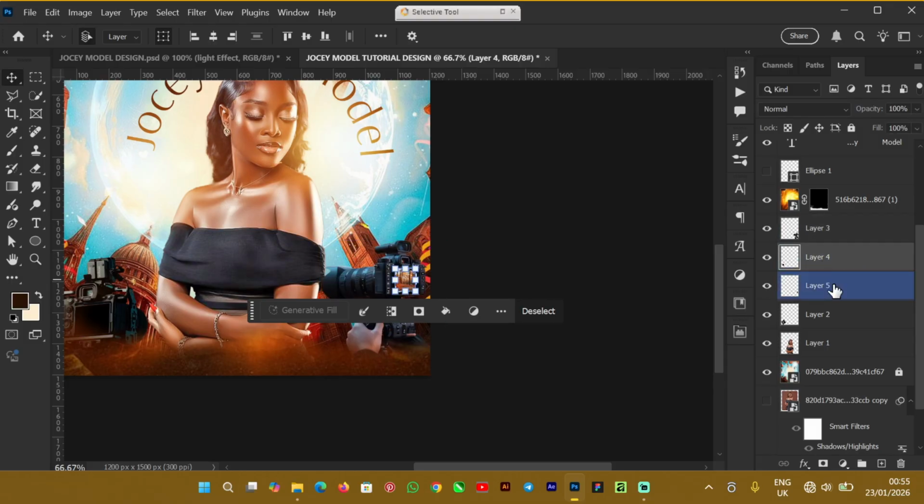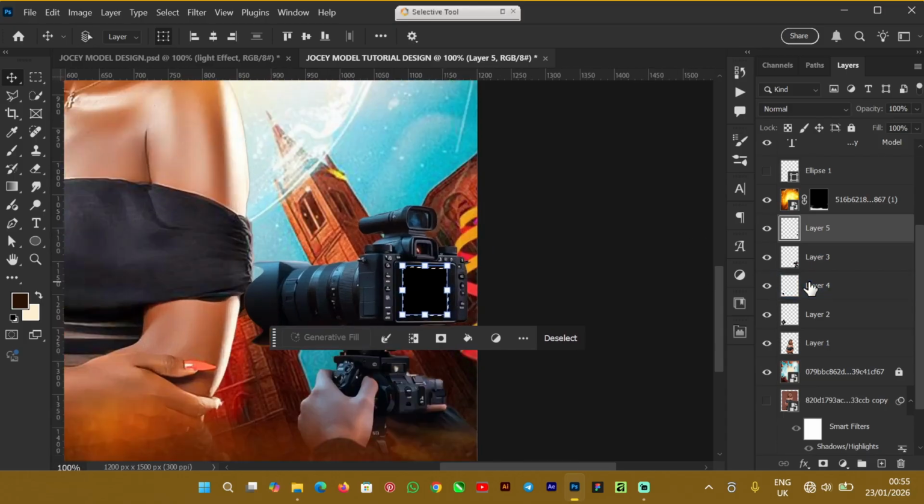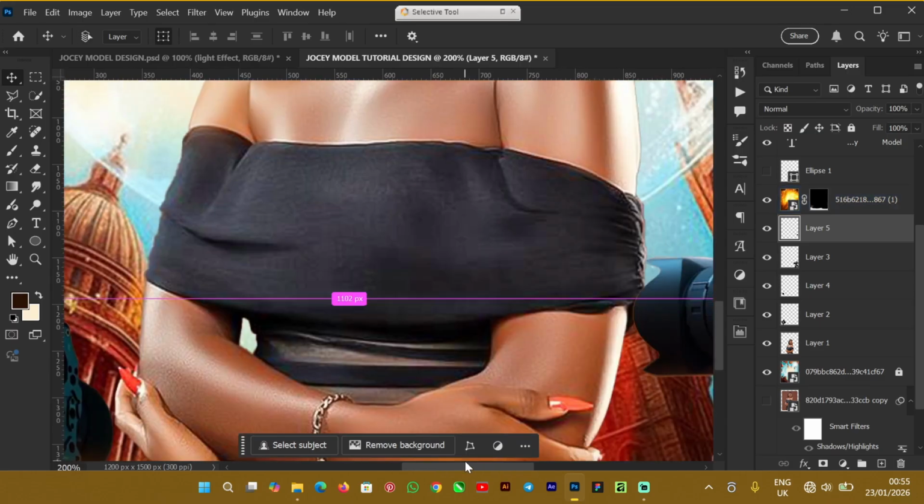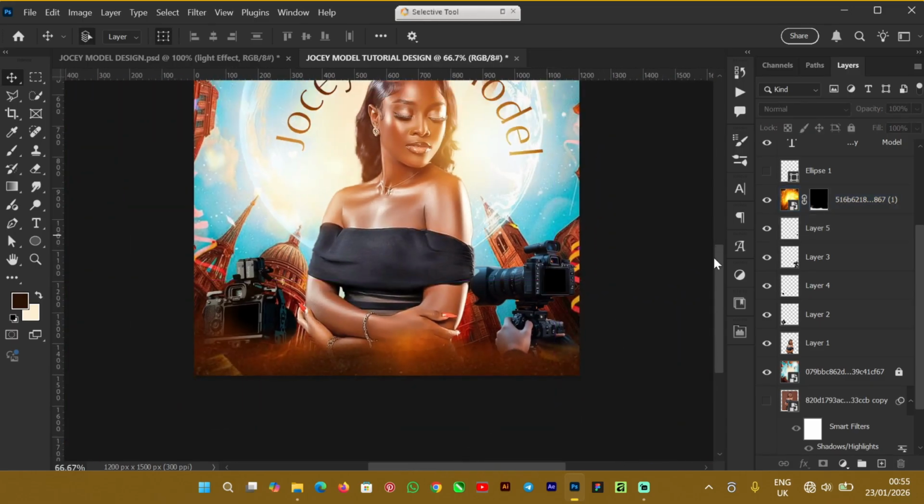Okay, I've got the element. You can see it. You have to put it on the front. So Ctrl D to deselect. So I think I've done that part. The next thing I want to do is that